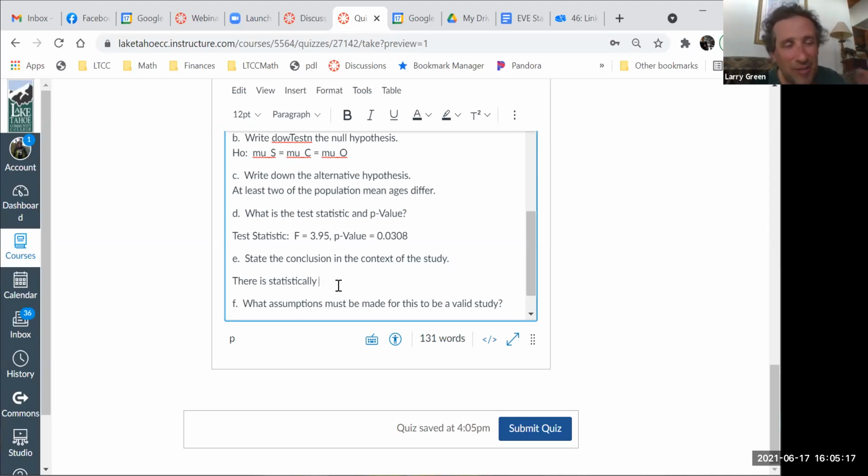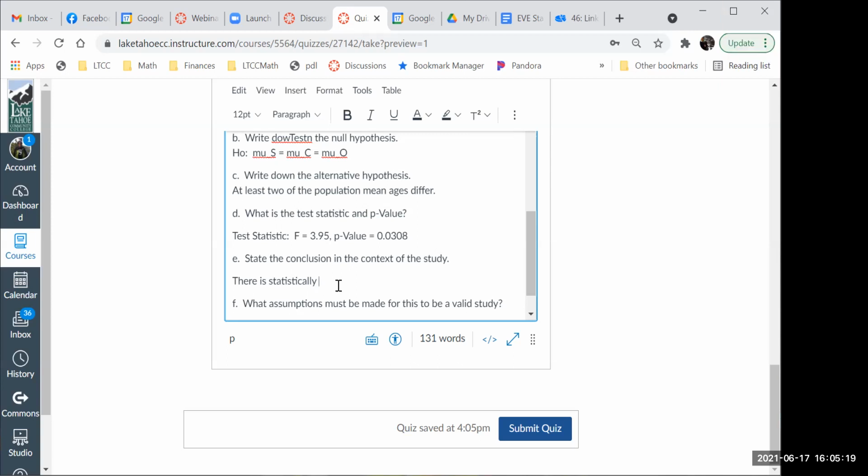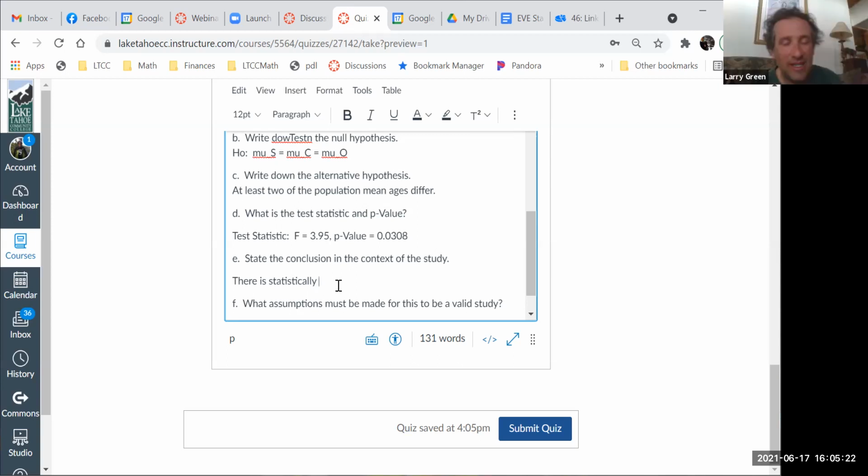There is statistically what? Significant. This one's significant, good, because 0.0308 is less than your standard level of significance, which I think I even gave you is 0.05. So statistically significant